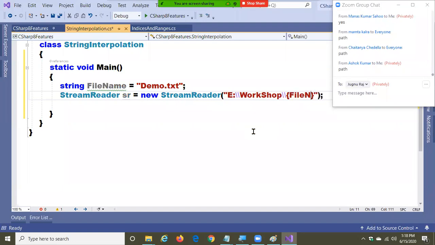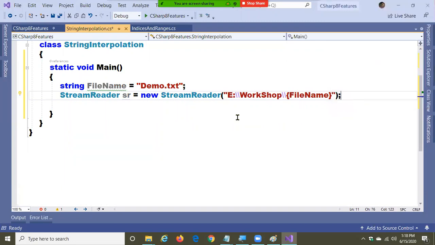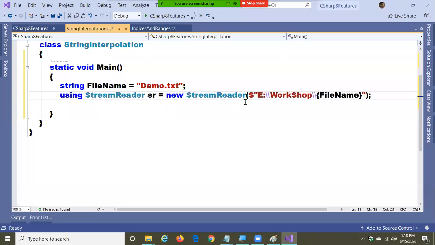Are you clear how we represented the path now? And here see, I concatenated the file name, so demo.txt will come in automatically. Now, the second option Microsoft gave: one option is double slash.